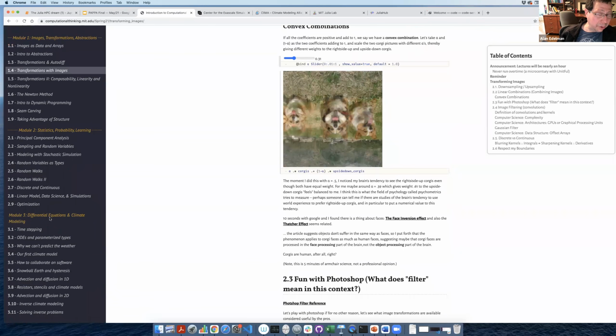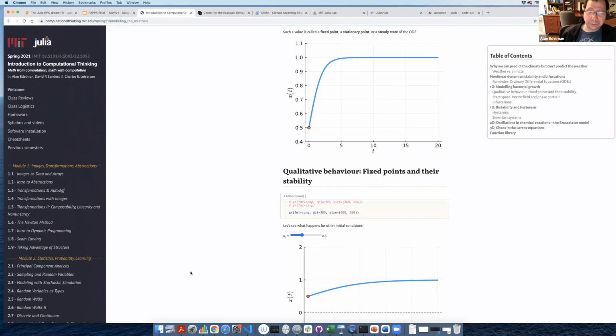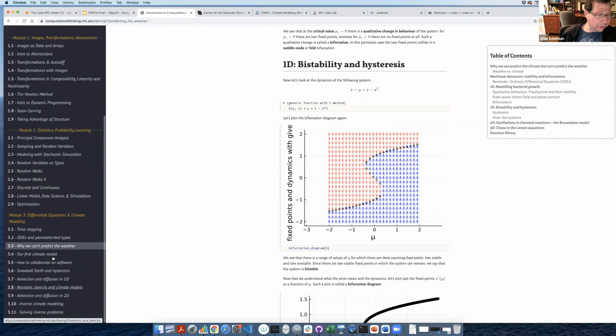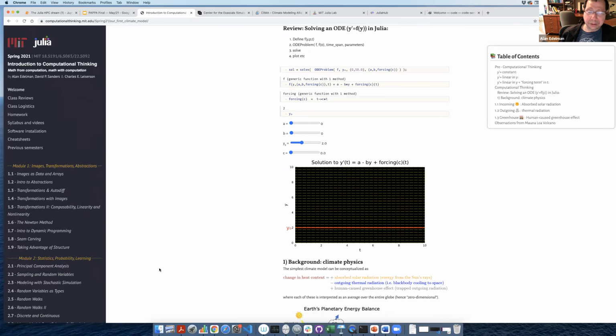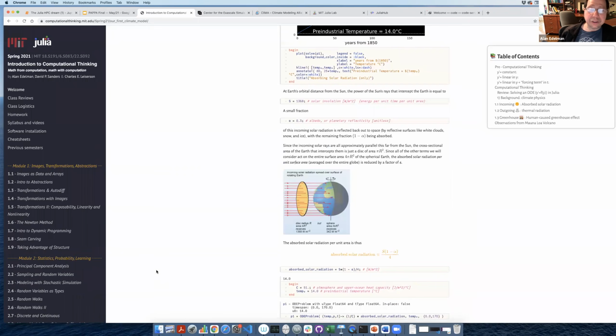Then we ended up with a whole module on climate modeling, and we taught differential equations at the same time. The students thought it was way more fun than the differential equation courses they took. If you never even took a course, if you're doing it for the first time, you might like learning it this way. Or even if you have taken a course, you might want to take a look. Students really liked it, because climate, of course, is such an important issue of our day. They really appreciated learning about climate science just out of curiosity, even if they never become professional climate scientists. So this is one way to learn Julia.